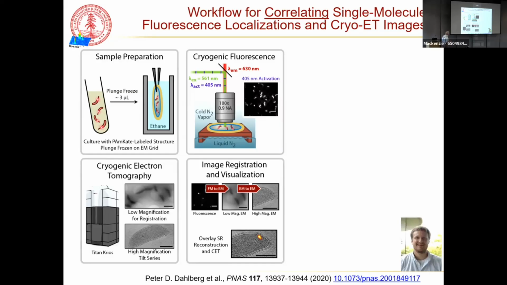But then, keeping it all in liquid nitrogen, we took it to our low temperature microscope so we could do imaging of the cells themselves and pumping and collecting emission, et cetera, from the fluorescent labels. And so then there's also some fiducials in these samples. Then you take it to the $5 million electron microscope and image at low mag and then at high mag and use fiducials to connect the two together to do image registration and visualization.